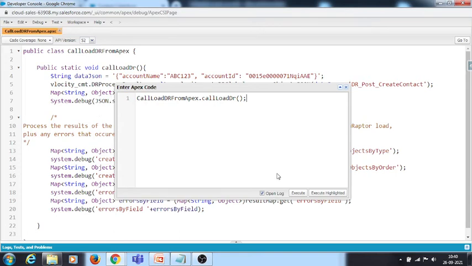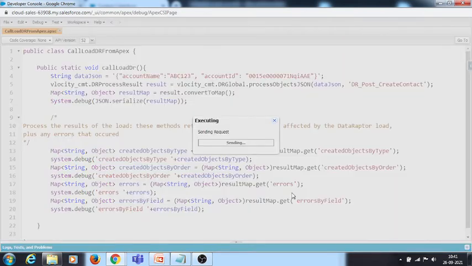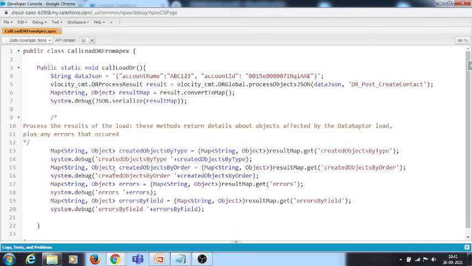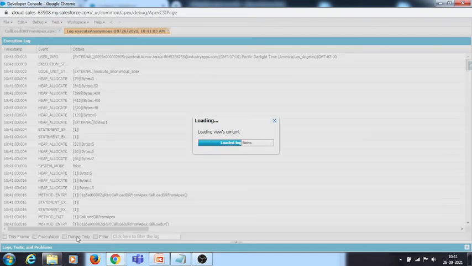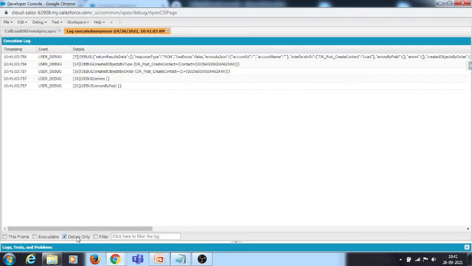Yes, it is saved. Let me execute this one. See, I have executed this one. Let me show you the debug statements only, so that we can identify those lines. See, we got created object type, we got contact and ID.